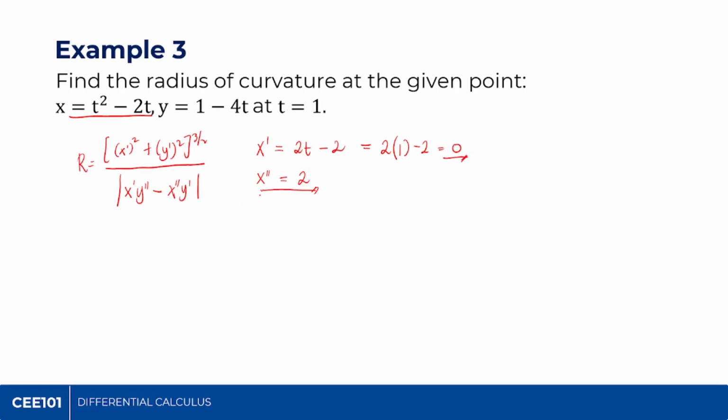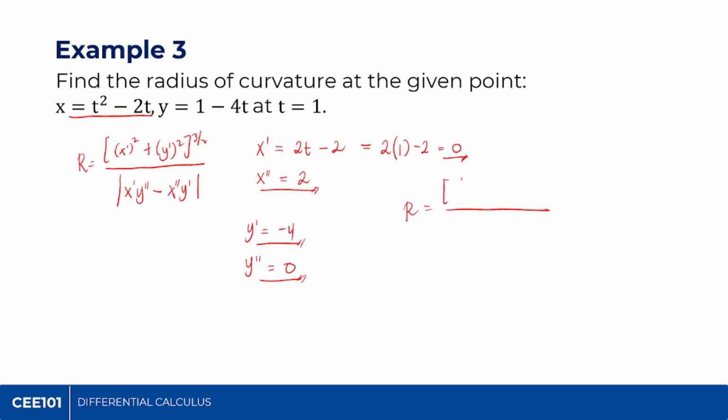Okay, these are the values for x prime and x double prime. How about for y prime? Negative 4. Okay, when t is equivalent to 1, that is still negative 4. How about for y double prime? 0. That is 0. That's correct. So therefore, using these values we have, okay, radius of curvature would be equivalent to,